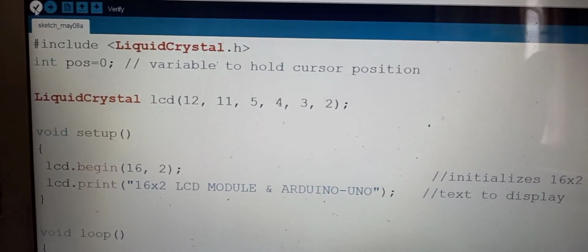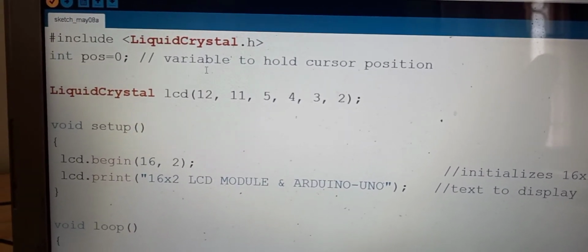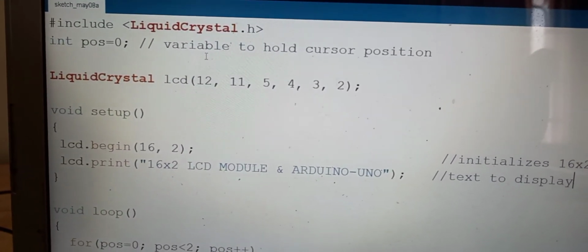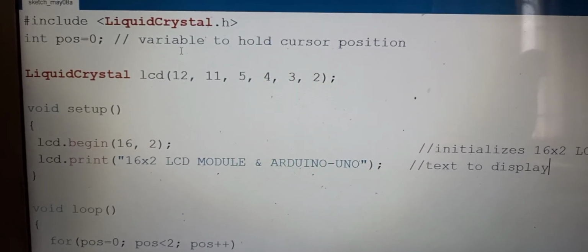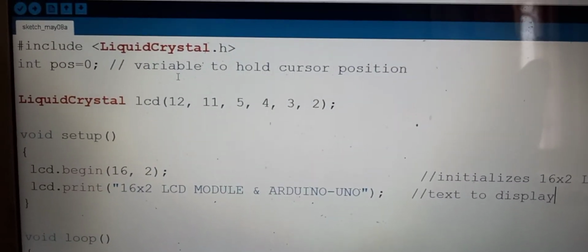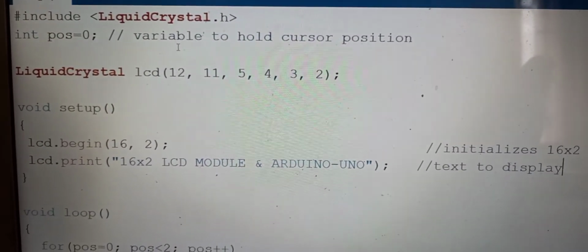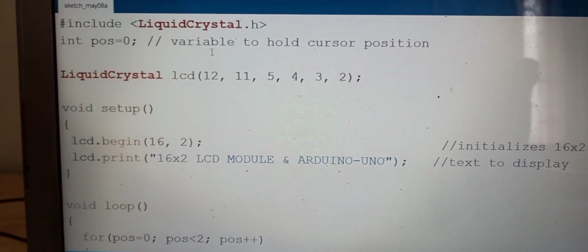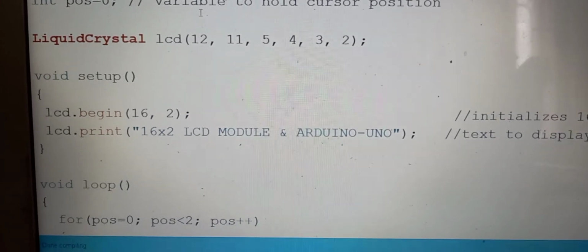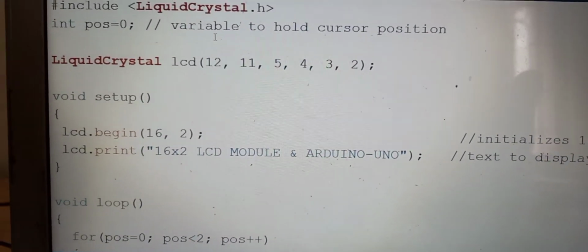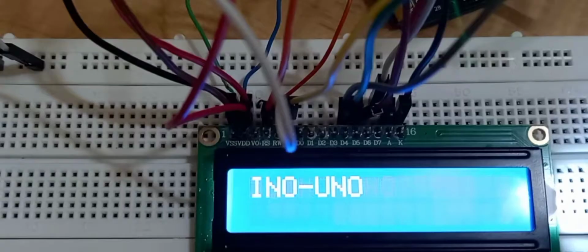So I am going to verify the code now. And then I am going to upload the same code over the LCD connected.